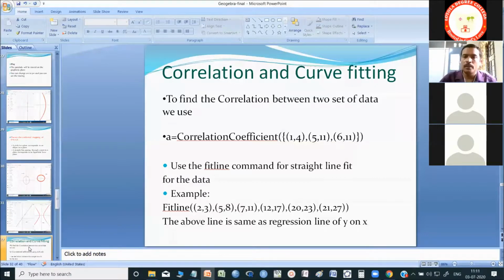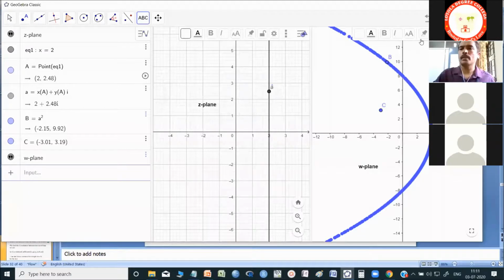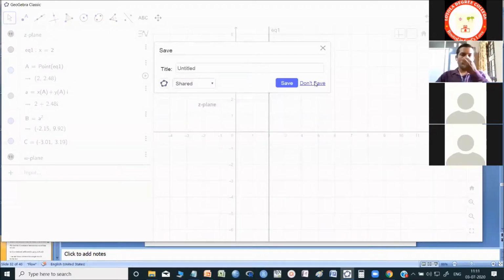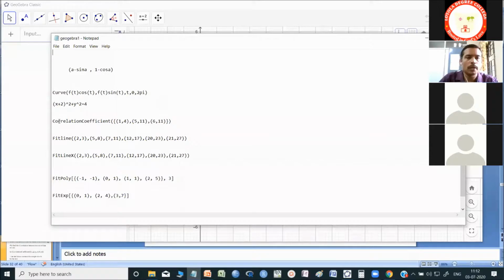So what we are supposed to do is go to GeoGebra. Clear the screen first. I want to find the correlation coefficient of a few x and y coordinates. You just need to type correlation coefficient.